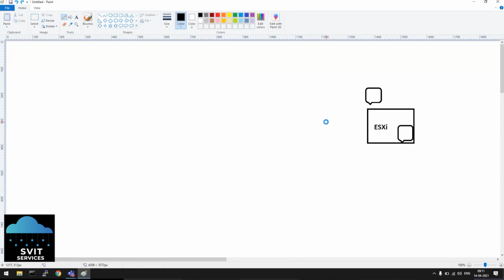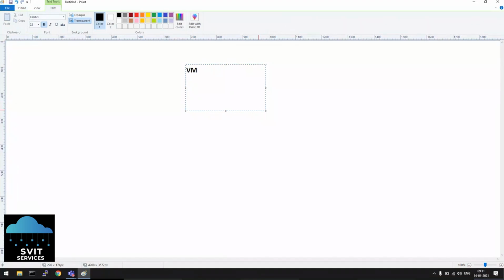But now we will see how many ways we can create one in real time. If the application team or project manager comes to you and asks you to build a VM, he will give you this information. He will give you the name of the VM, let's say test VM 90. What OS you need?